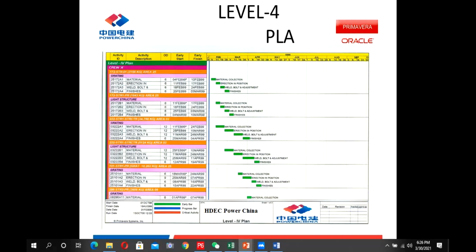When we are finishing the work for every discipline in every area, then if there is some criticality or if the client demands, we go to level 4. In level 4, we distribute the activities up to the equipment levels. For every equipment, we tell when we are going to do which different activities, we plan them, manage them and control them. So these are the 4 levels.